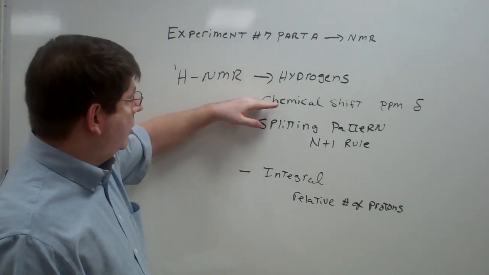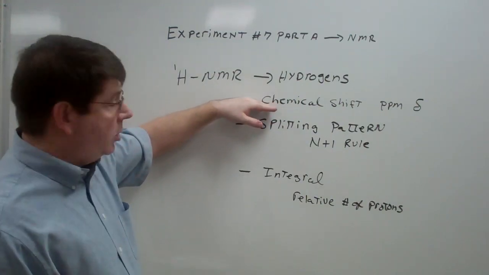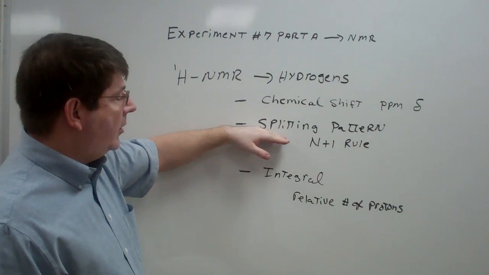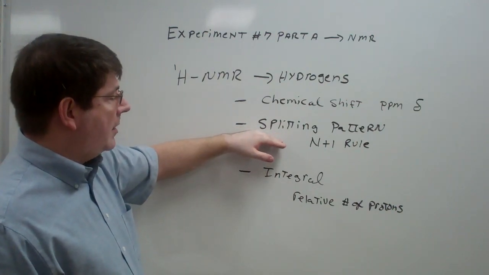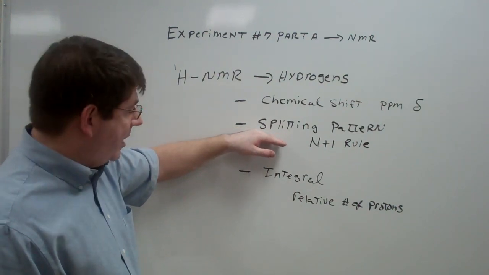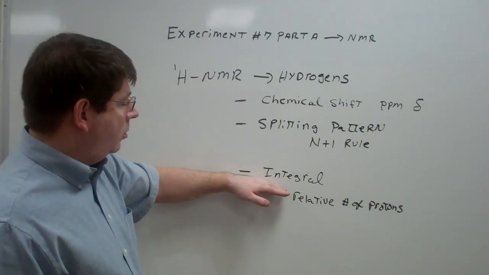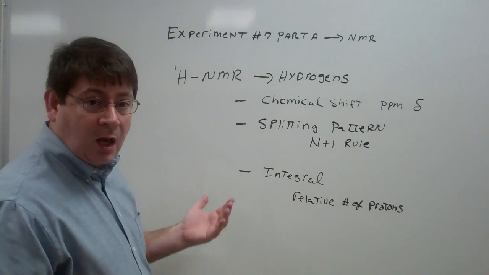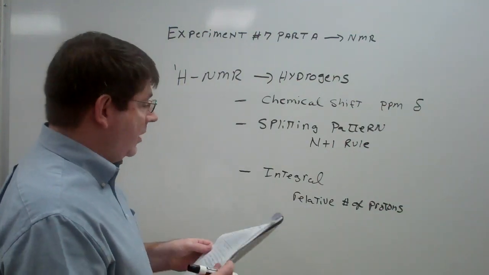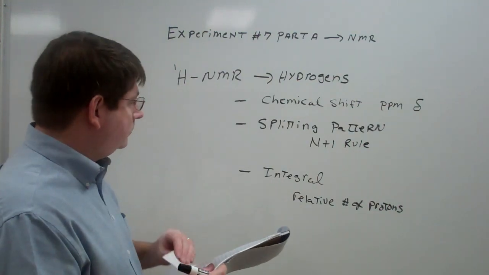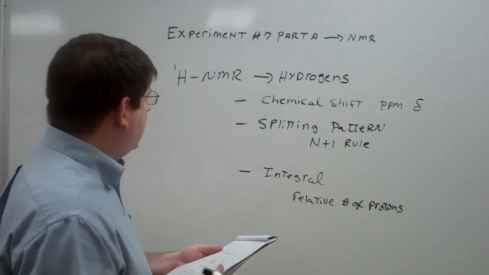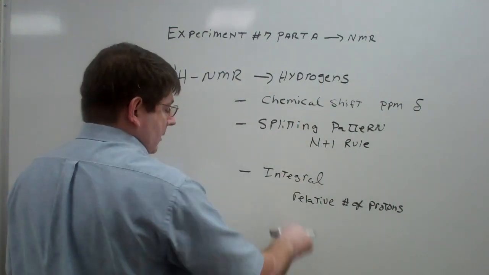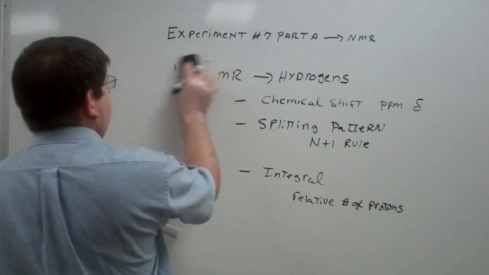So we can look at a chemical shift that tells us something about the molecule. We can look at the splitting pattern using the N+1 rule, which we'll talk about in a second, which tells us a little bit more information. And we can look at the integral, which will tell us how many protons were giving rise to that signal. So that's a lot of information in this very simple experiment. So let's look at an example, and we're going to apply these different pieces of information